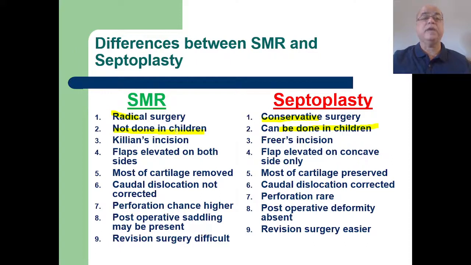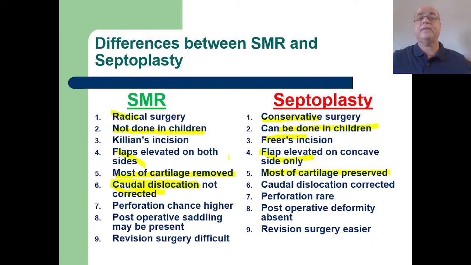for septoplasty. So flaps are elevated on both sides in case of SMR, while here they are usually elevated only on one side. Most of the cartilage is removed in SMR, while here most of the cartilage is preserved in case of septoplasty. Caudal dislocation could not be corrected by SMR, because in SMR the Killian's incision is given 2 to 3 millimeter posterior to the caudal border. So if the deflection is anterior to that incision, that could not be addressed,